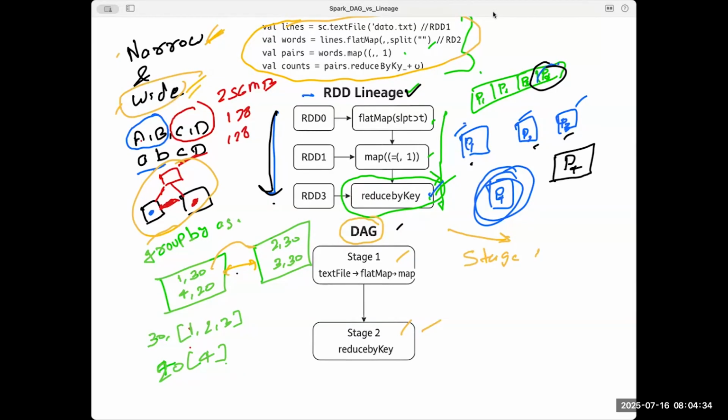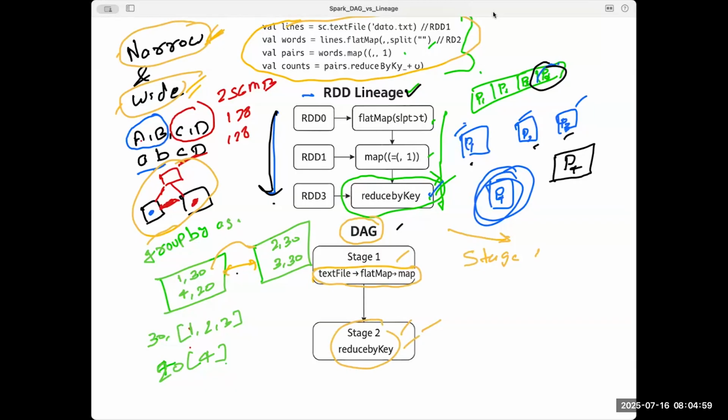Stages means a set of actions, or rather, a set of transformations. So it will create one stage for all the narrow transformations and one separate stage for each wide transformation.